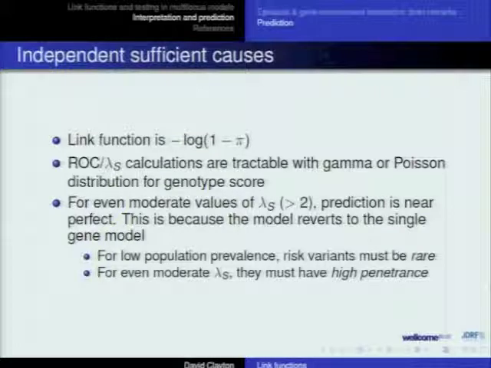And the reason is that under the model of independent sufficient causes, basically everything reverts to Mendelian assumptions. Because for the low population prevalence, remember, every risk variant is a sufficient cause. To have a moderate or high lambda S, you have to have a high penetrance for each sufficient cause. If the